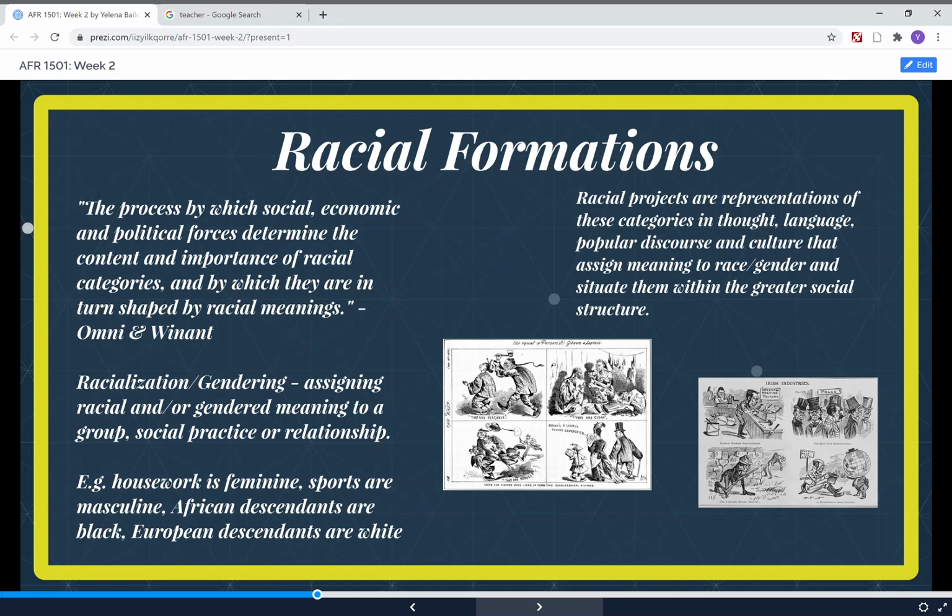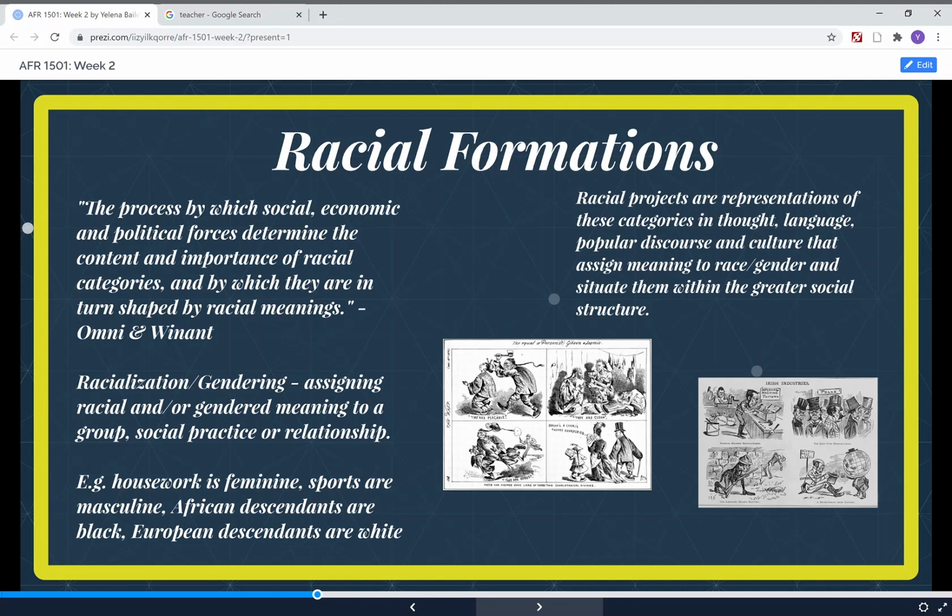We're going to look at social, economic, and political forces related to housing and where you belong in which spaces, and how that shaped the understanding and the content of blackness itself in the US. So we're going to be looking at this particular racial formation that came out of the history of housing segregation. That's a key term that you want to know.